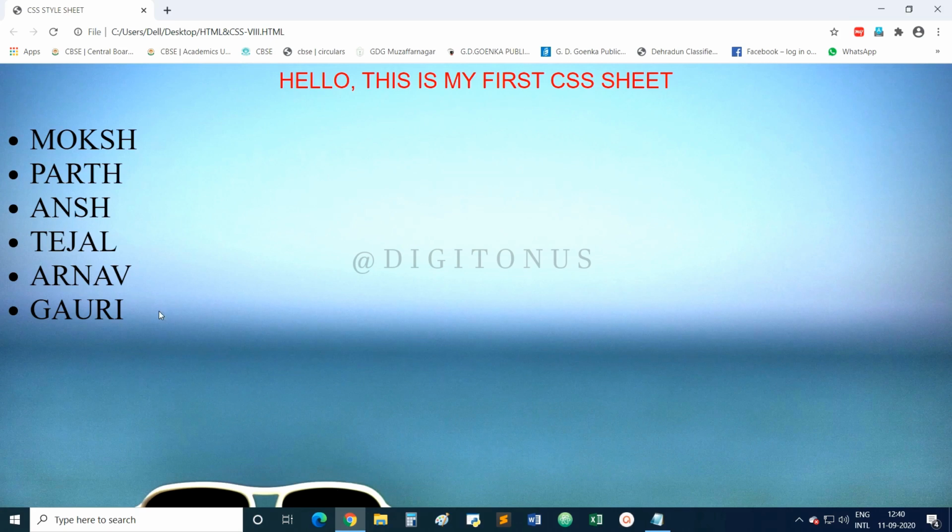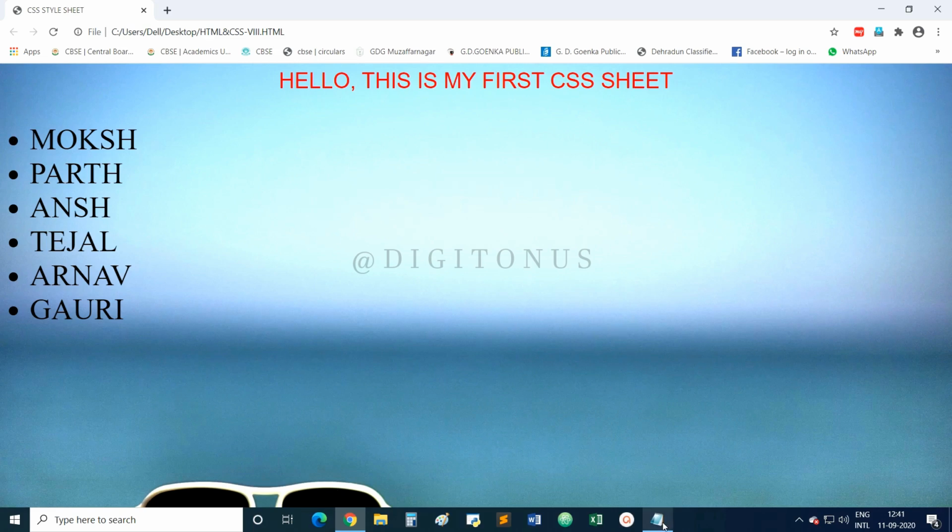Okay, now one thing is there, that when we are entering any name or any information in an unordered list, we have different types of list bullets. We have 3 types. One is disk, then we have circle, and then we have square. By default, an unordered list has the bullet as disk. If we are not specifying any particular bullet type, then by default you will get the disk bullet type. Now how do we change from the disk bullet type to a circle or a square?